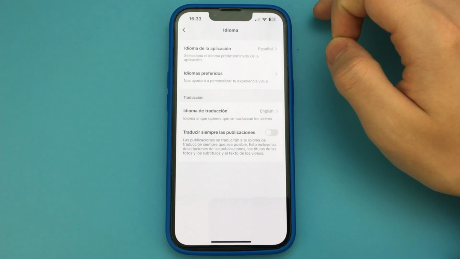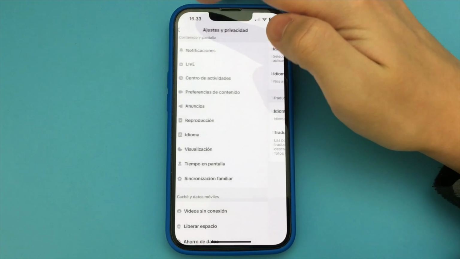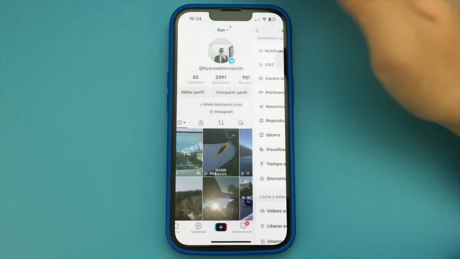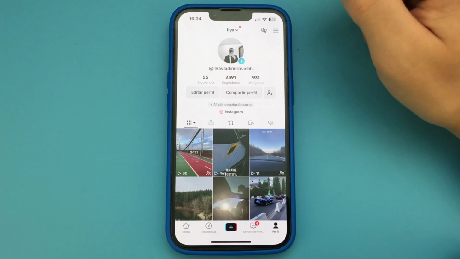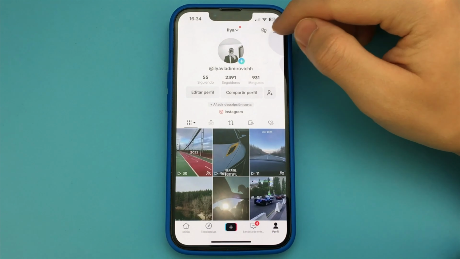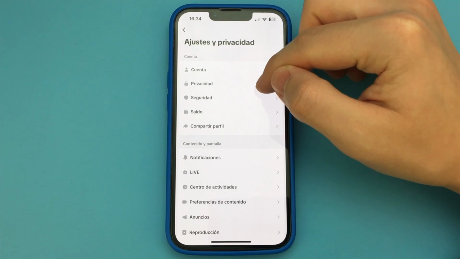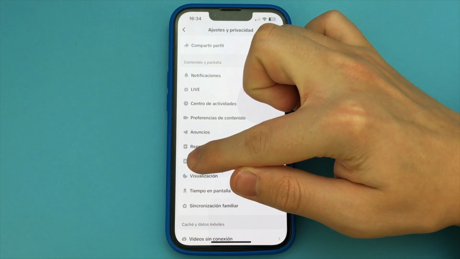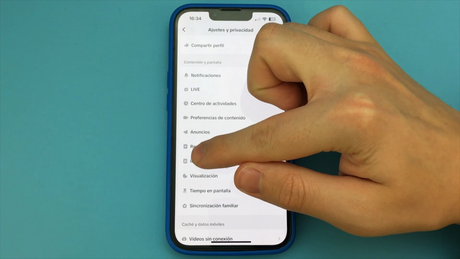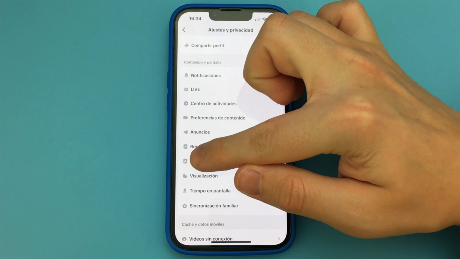If, for example, you accidentally change the language and you don't know how to go back, you just find an item with an icon with the letter A, you just tap on it and change the language. Be careful. As you can see, this is a very simple and quick way. Done. There is nothing complicated.